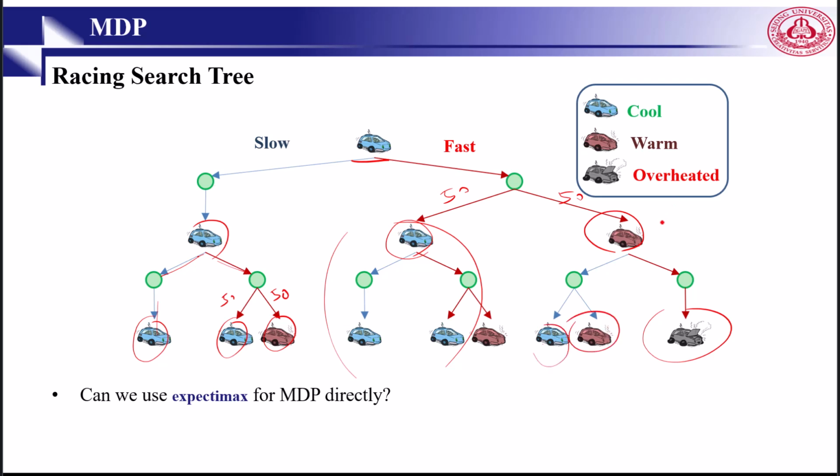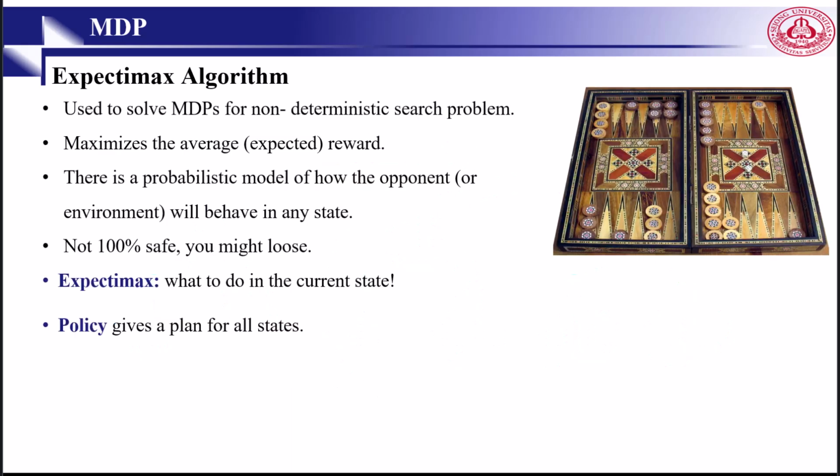So the question here is, can we use Expectimax for MDP directly? What is the meaning of the Expectimax algorithm? So far, we studied Markov decision processes. A Markov decision process consists of a stochastic process and a decision maker that observes the process and selects actions that influence its development over time. The decision maker receives a series of rewards. It can be positive or negative rewards. MDPs are non-deterministic problems. It means they are stochastic.